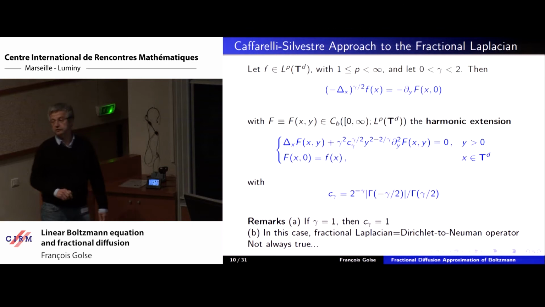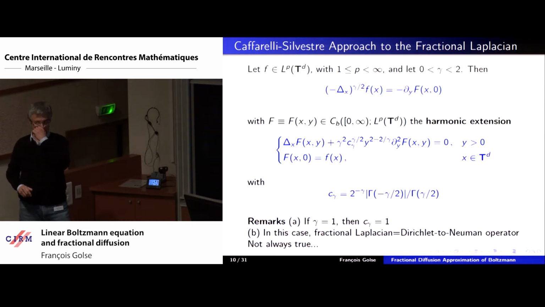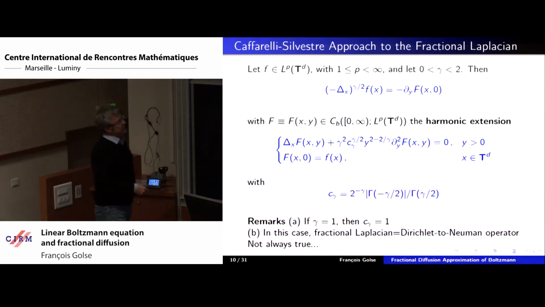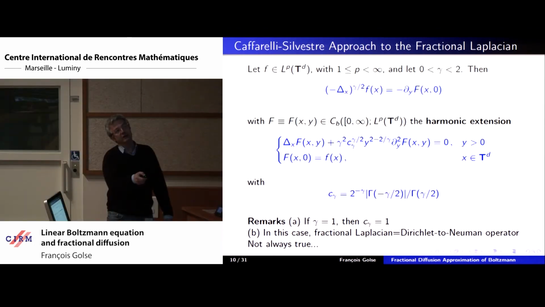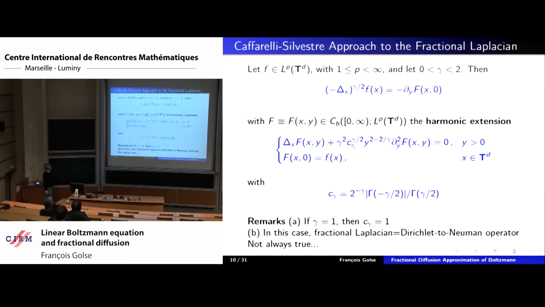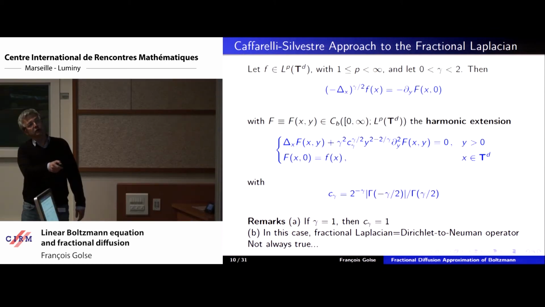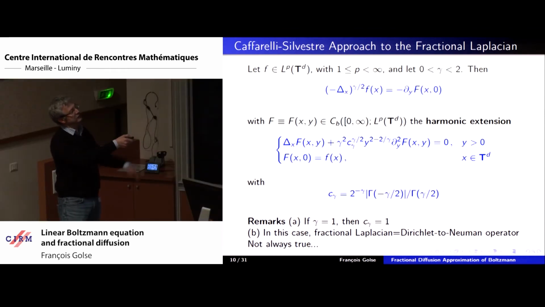So if you want the square root of the Laplacian, it would be the real harmonic extension. And if not, it involves this operator here, where you have an elliptic operator, but with some function of the distance to the boundary, which is y here. So you solve for f that equation here, with a Dirichlet boundary condition, which is f, and then the normal derivative is going to give you, up to some constant,